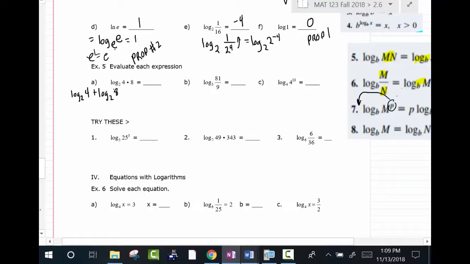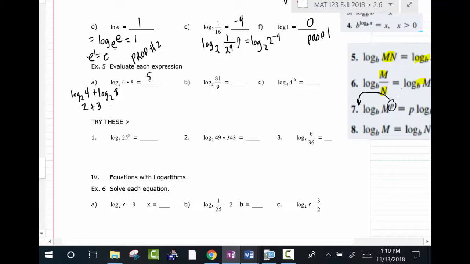Now, we're going to go ahead and get the right answer, and we don't need a calculator on this one because you can do this in your head. Remember, if you're doing this in your head, what are you doing? 2 to what power is 4? So what power do you raise 2 to get 4? 2. How about this one? What power do you raise 2 to get 8? 3. So that's 2, that's 3. Everybody got that? So when you put that together, this would be 2 plus 3, so the answer is